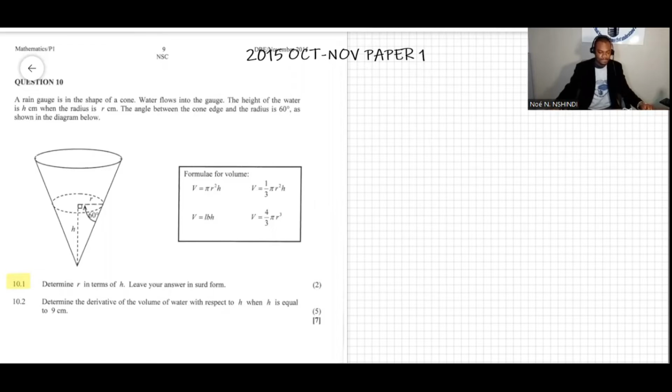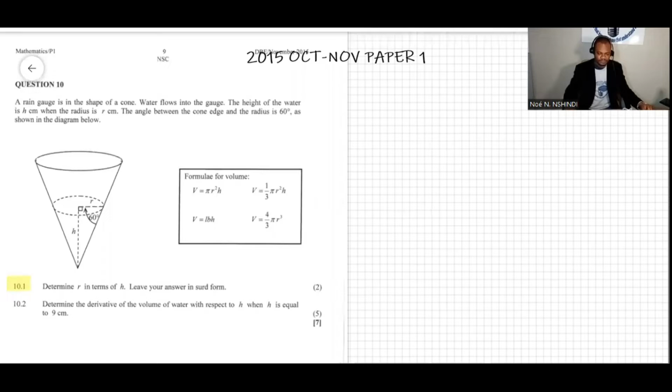So we need to find r. We can see r is over here. We need to express it. We have r over there. So if I can write the triangle like